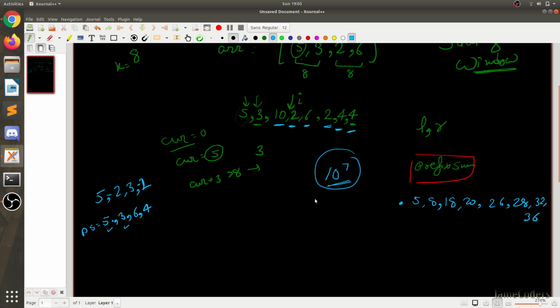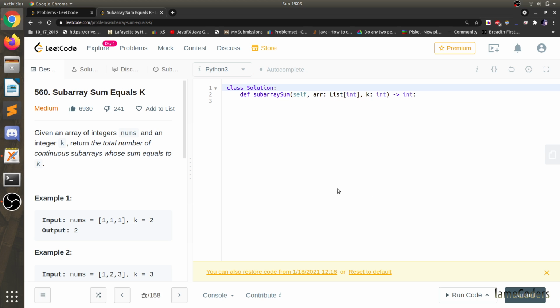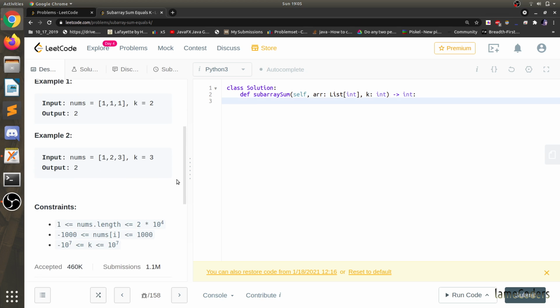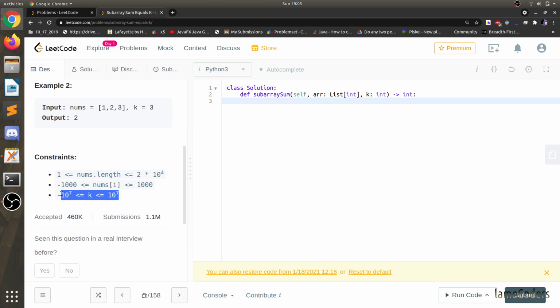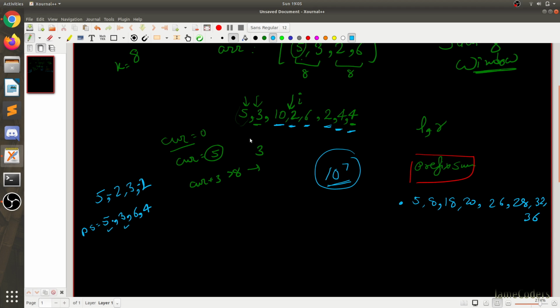What are the things that we can store? If sum is 10 to the power 7, we can't store all the values too. But we can use a dictionary then, where k is from 10 to the 7 to -7. Let us suppose, yeah. So we will traverse from left to right. For each I,